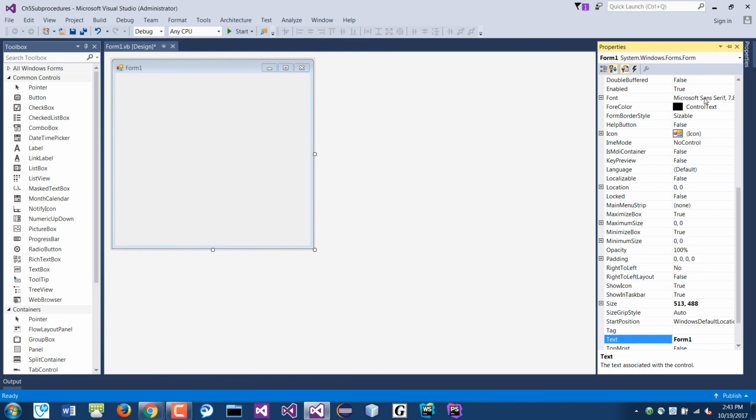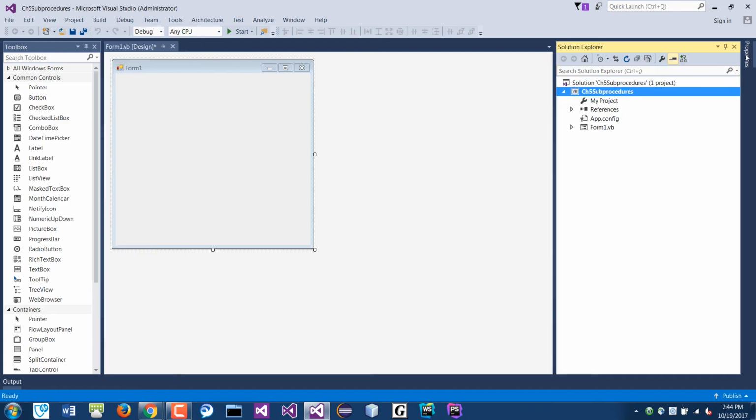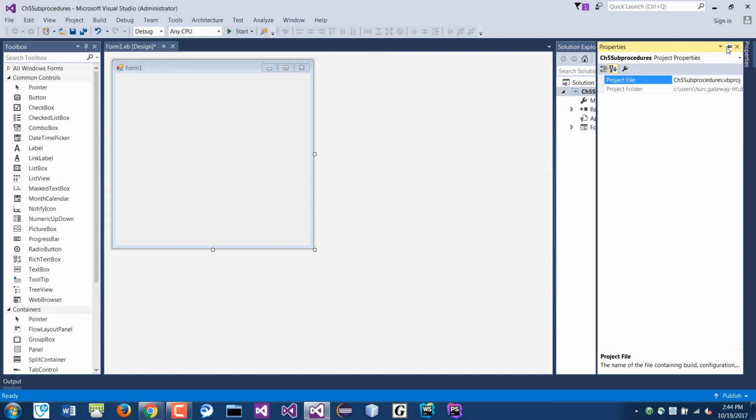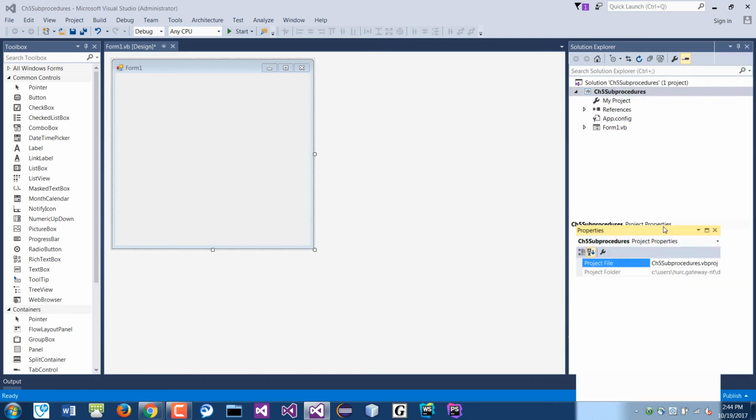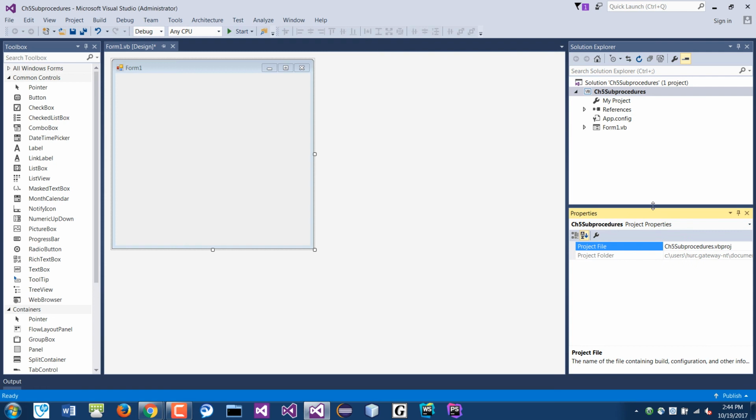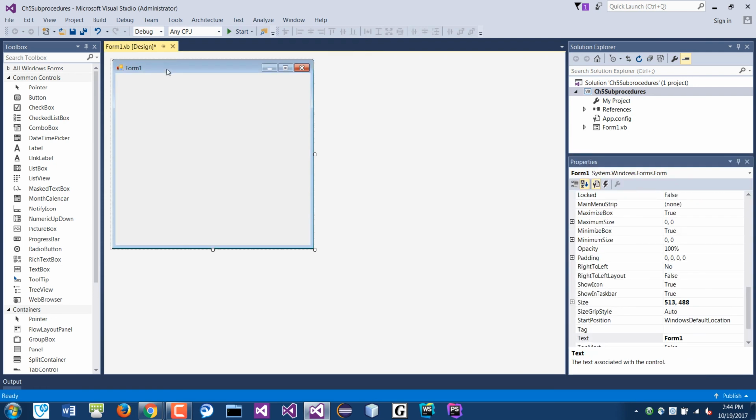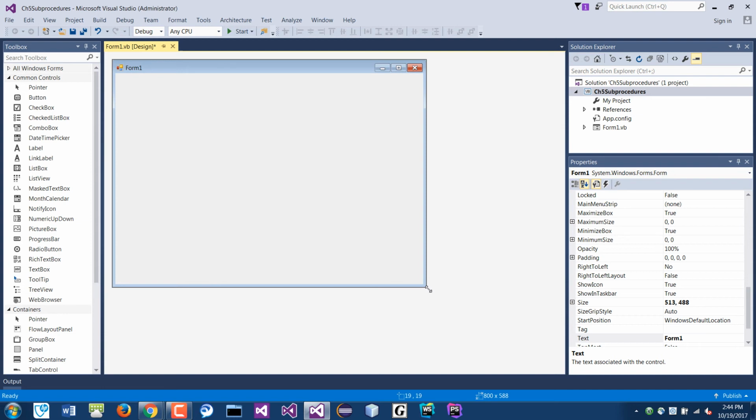So let me turn the property back on. And notice I turned off the other thing here, the Solution Explorer, usually up here, right? But I kind of moved that up, but you can put it back to where it was before. Okay, so the form here, I'm gonna add